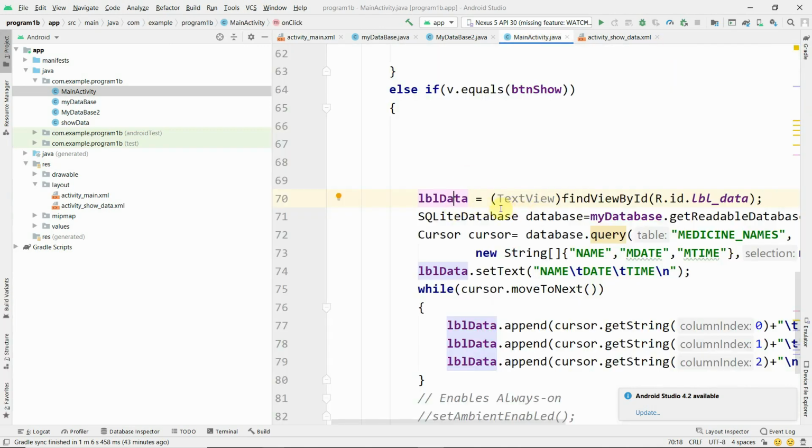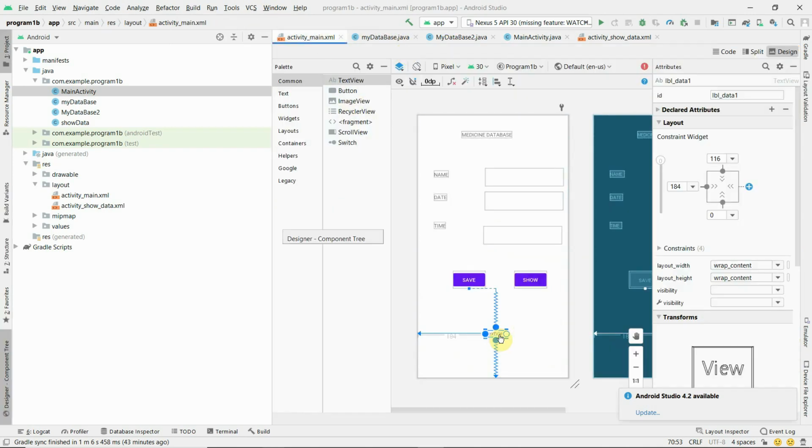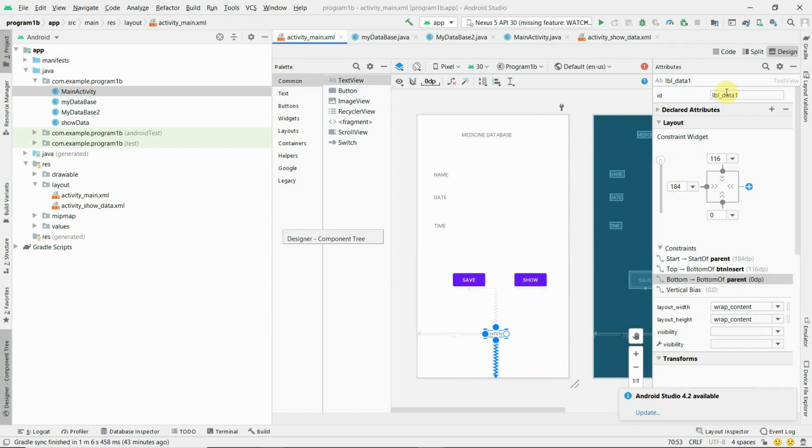See, the id of the text view is label data, label data equal to findViewById R.id.label data. And you can see here the id which is there is lbl data. You have to change this id, this is lbl data 1 now.